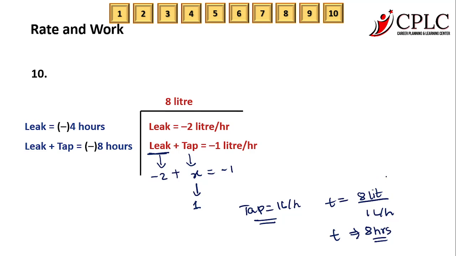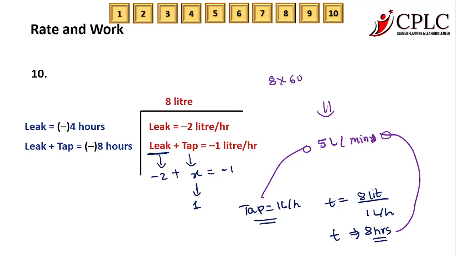their tap का speed is not 1 liter per hour. They have given it to be 5 liter per minute. So their original tap is actually doing 5 liter per minute, and we said it is taking 8 hours. So we'll have to do the calculation for that. So 8 hours is these many minutes. And 1 minute में 5 liter. So in these many minutes, another 5 liter should be multiplied. So 48 into 5, I think 2400 liter is the capacity of the vessel basically, which is answer option 3